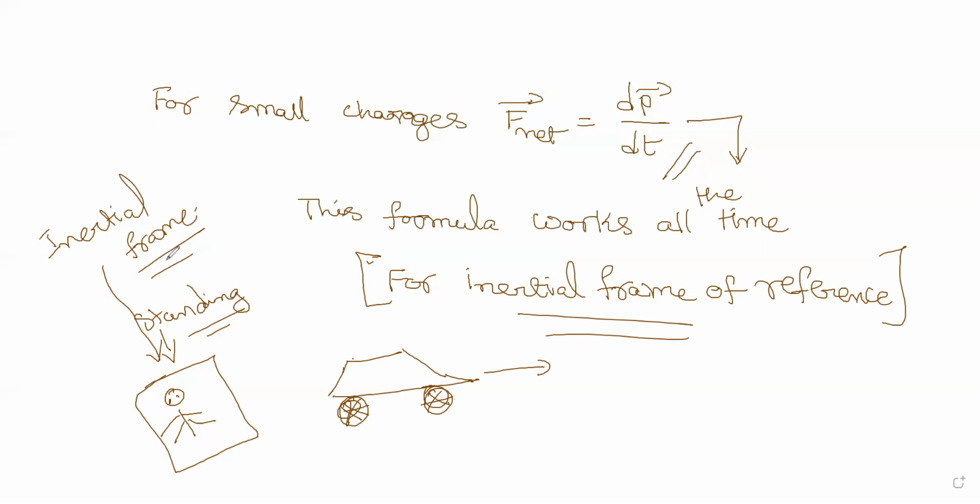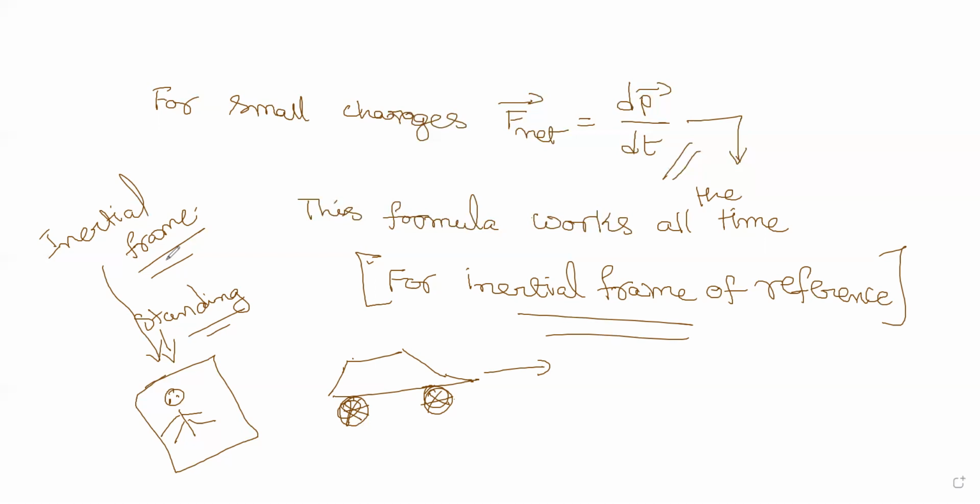For practical considerations, we will take the rotation of the earth as not that fast. That means the earth revolving on its own axis is not really too fast. It takes about 24 hours to complete one full rotation, right? So 24 hours is a long time. Had it been the case that it is rotating like our mixie grinder, I could not say that I am in the inertial frame, but that 24 hours is a really long amount of time.